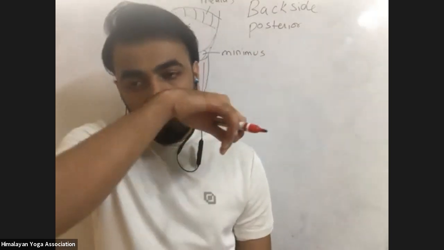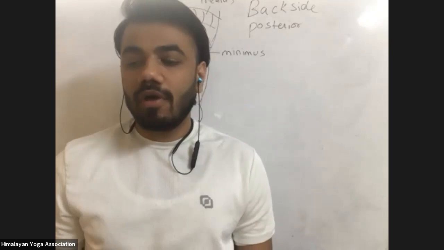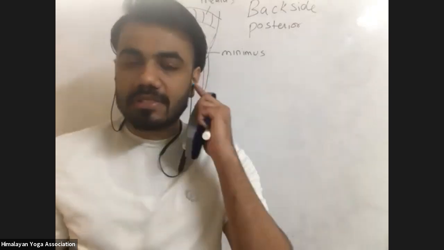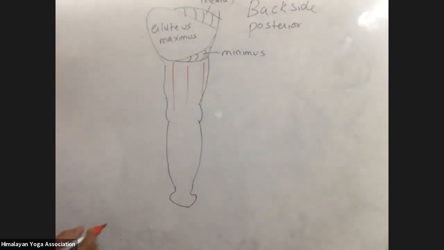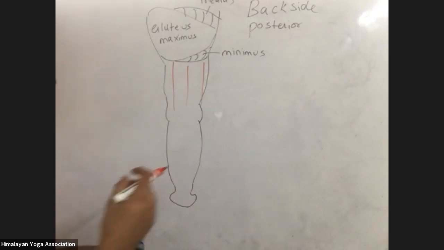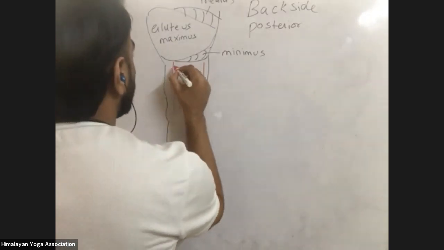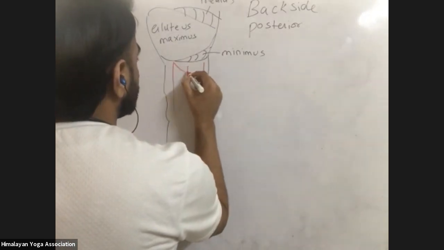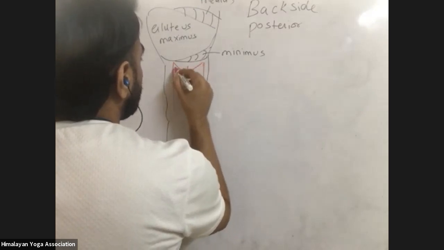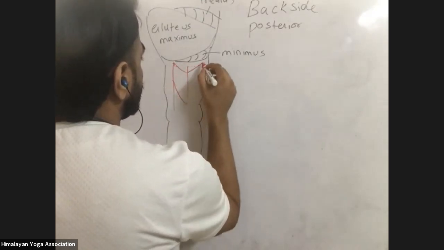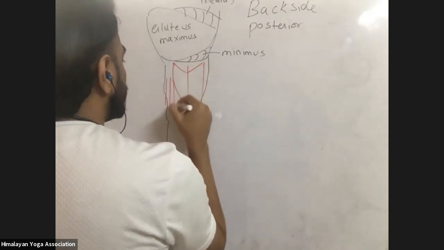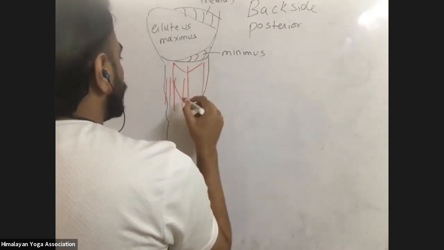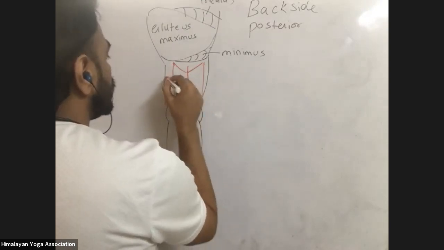There are 3 muscles in your set of hamstrings, and those muscles are semitendinosus, semimembranosus, and the biceps femoris. You will have the biceps femoris muscle with the 2 heads. Along with that, you will have the muscle